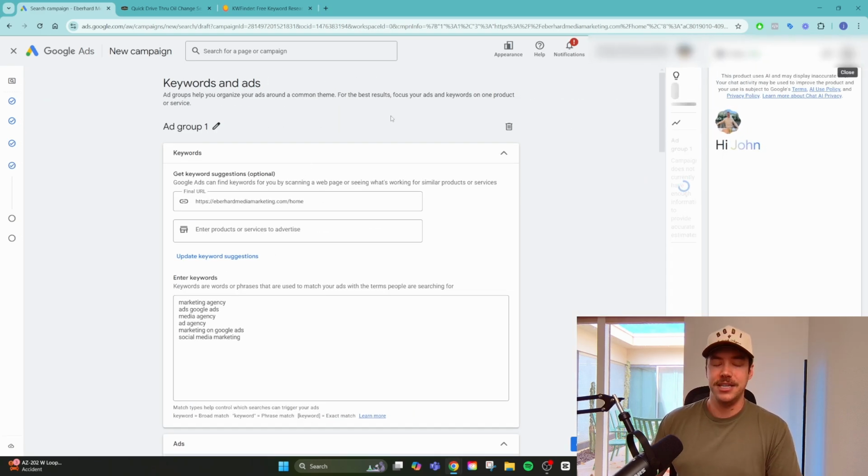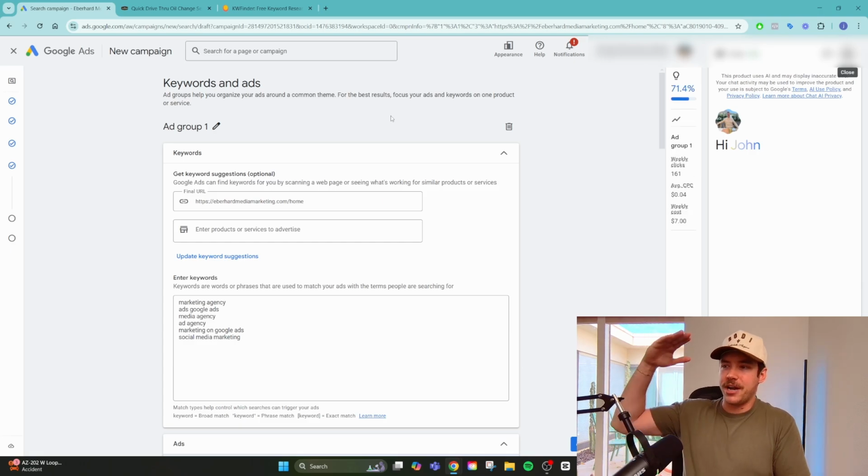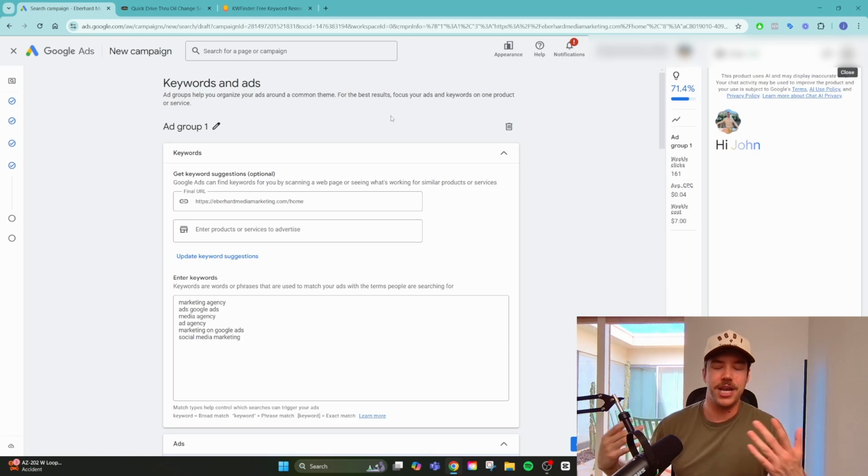So now that we're past the initial campaign setup, we're kind of going down the layers, right? We have campaign, we have ad group, and then we have ads, okay? So now we're getting into the ad groups. So this is where things can get really tricky, and you have to make sure that you're doing this right,